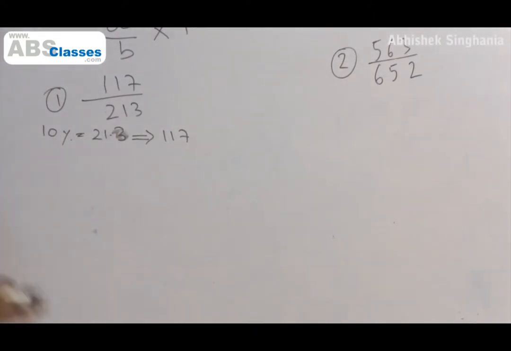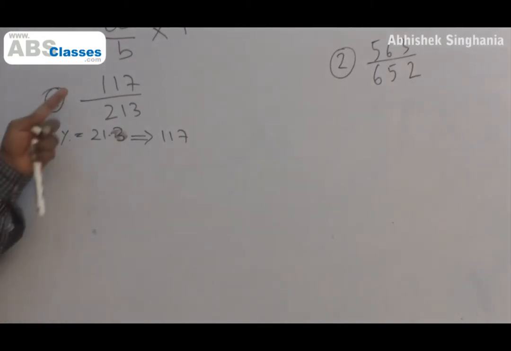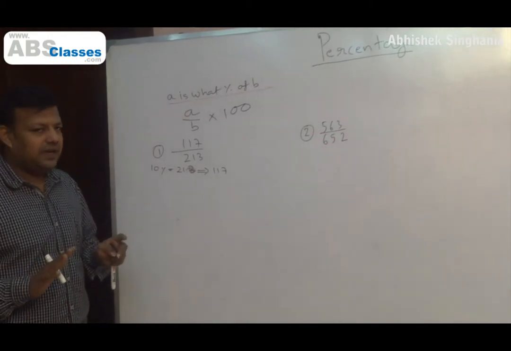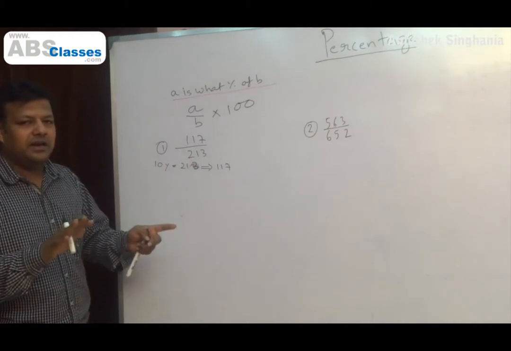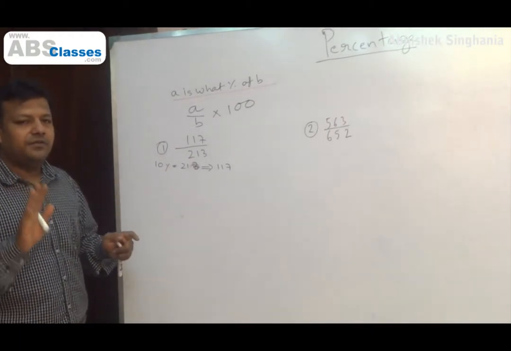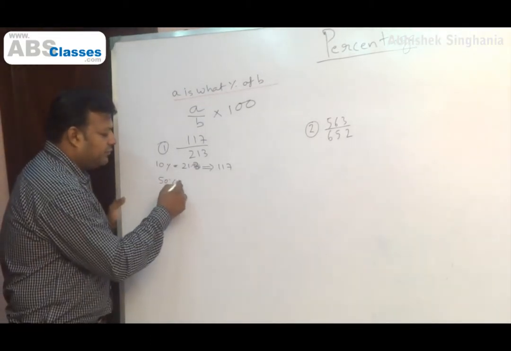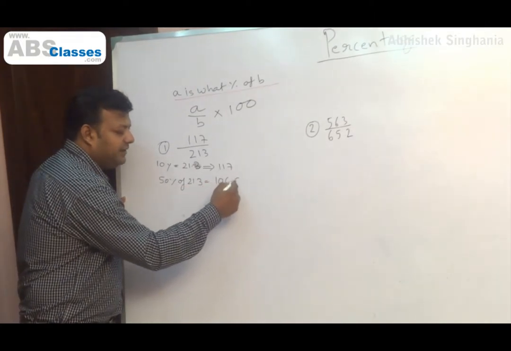Okay. In this case, we'll try a slightly different approach. Instead of going by 10%, right away when we look at the numbers, we get a feeling that the numerator is perhaps close to half of the denominator. The numbers look that way, 100, 200, 110, 220. So it looks like half. Let's start with 50%. So we take 50% of 213, which is equal to 106.5.